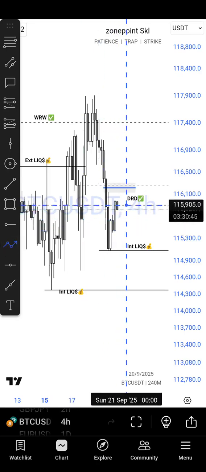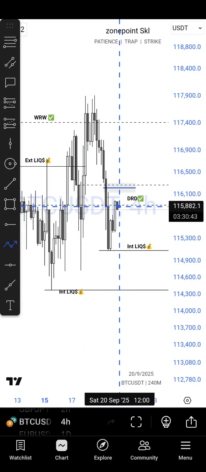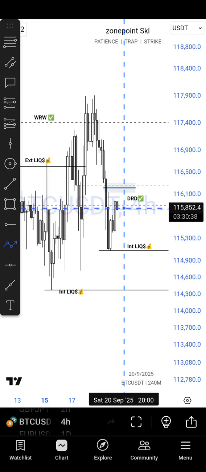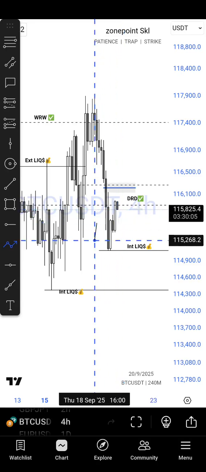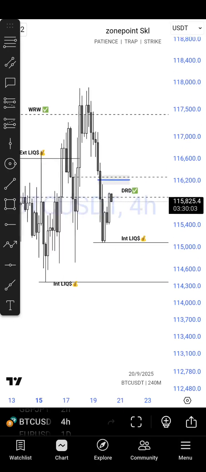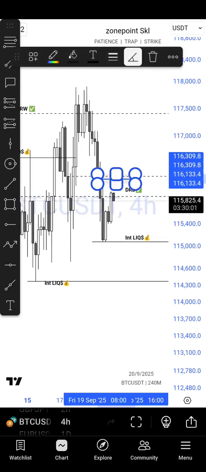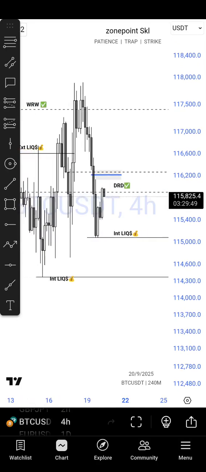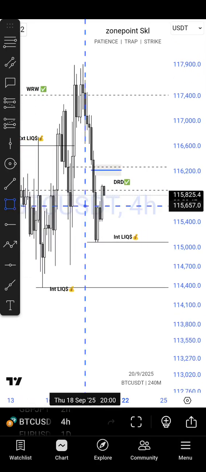We have daily rejecting daily that we are expecting price to do what? So now we have this imbalance here. We have to put it in the back of our mind that there's an imbalance. But again, there's also daily rejecting daily. What we are waiting for is, for this daily rejecting daily,